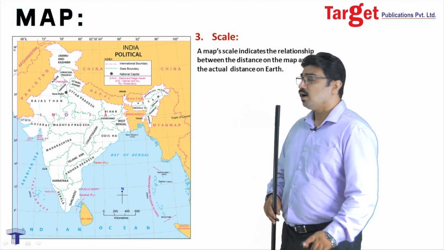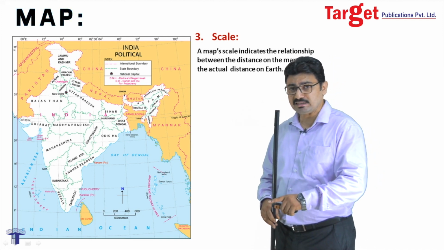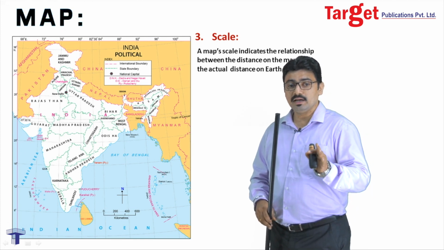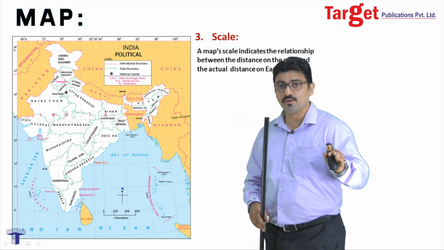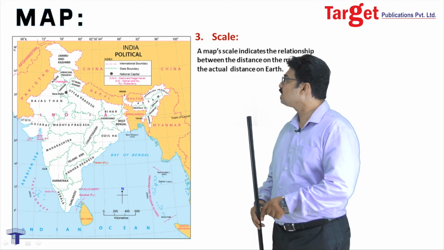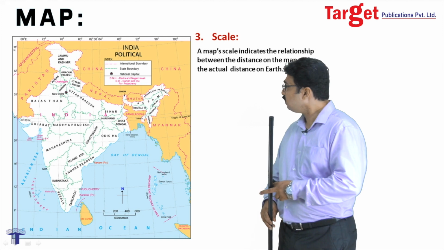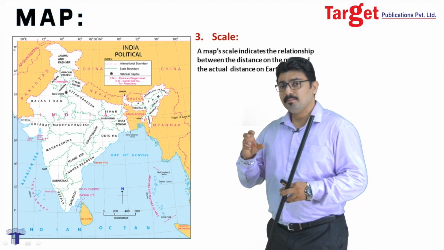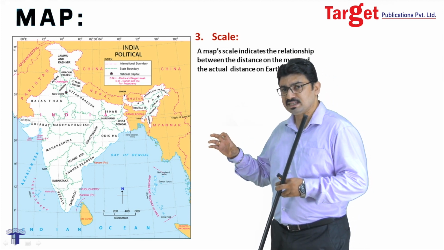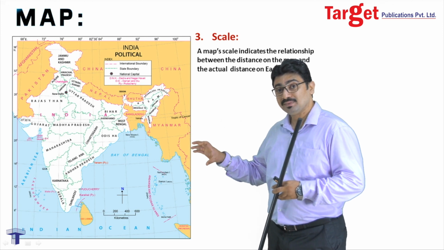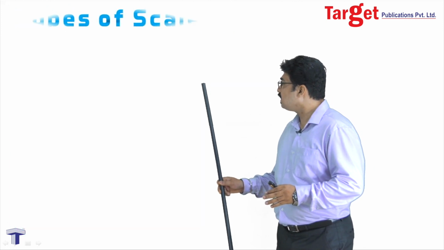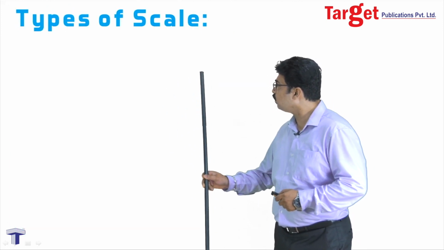Now, after grids, the next important feature, as we have discussed earlier, is the scale. As I said, scale determines what the region is and how proportionally we have reduced it to be represented on this flat surface of the map. Here we have an example of an India political map. Now, as I said, a map's scale is the relation between the distance of two places or two regions on a map as compared to the actual distance on the earth. So here we understand that scale also is an important aspect of a map.